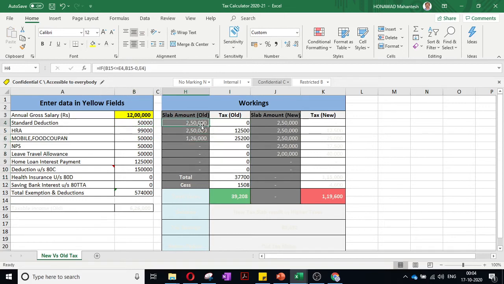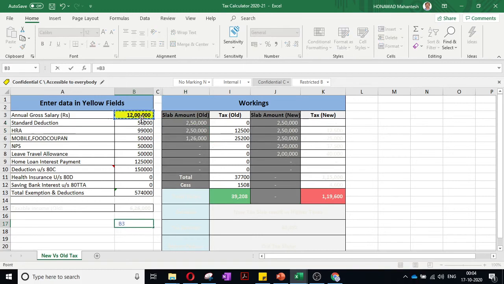So for the first 2.5 lakh, 0. Hope you understood what this amount is. This amount, I will tell you, is 12 lakhs minus the rebate you got.